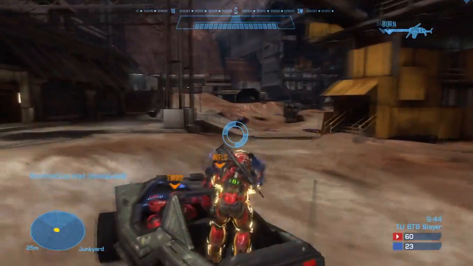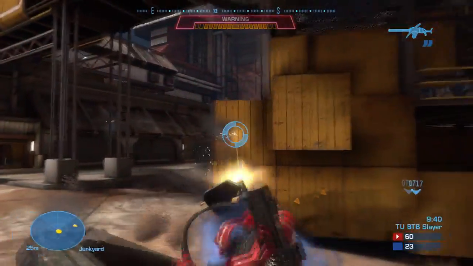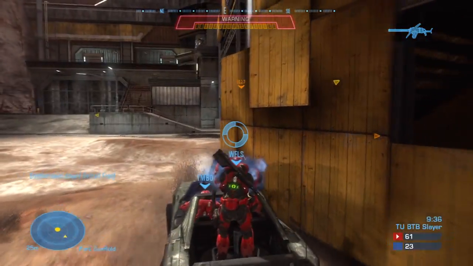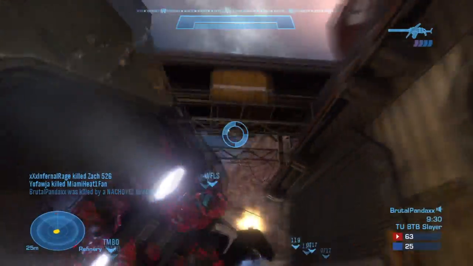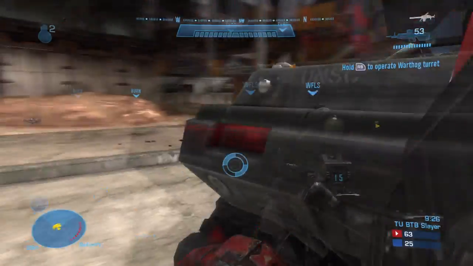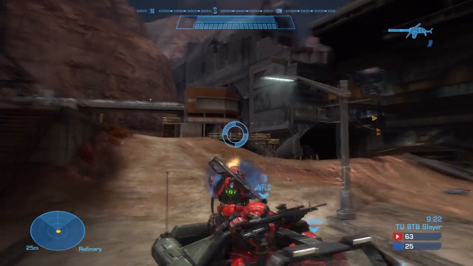Now you'll see what we do in this Warthog. Fortunately, I had my boy Tommy and my boy Waffles, and that's kind of the beauty of playing in a party, is you can strategize. But you'll see what we do here is we try and hold the middle where we know the tank is going to spawn. We try to make sure that the enemy doesn't have too strong of a presence in the middle of the map,